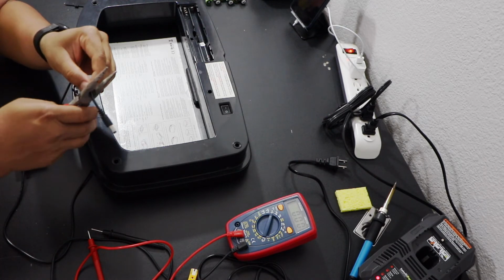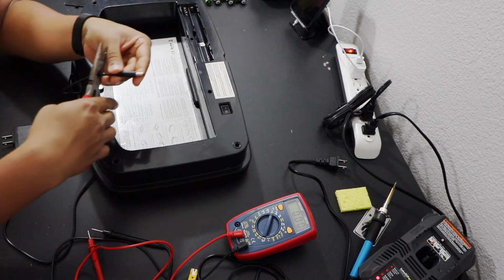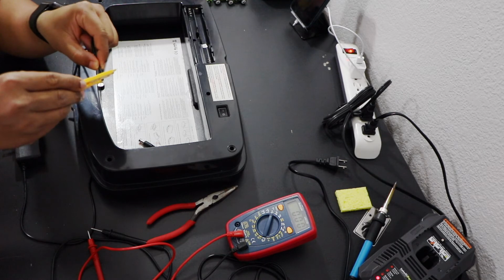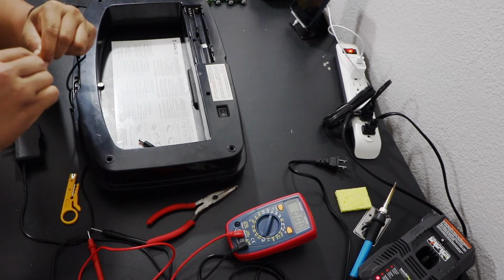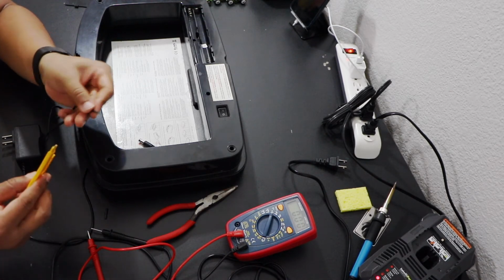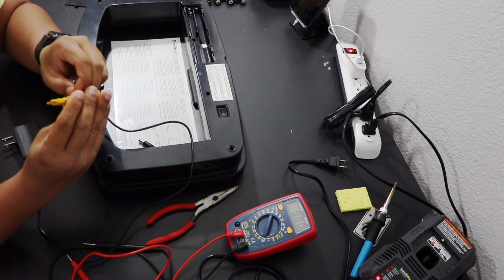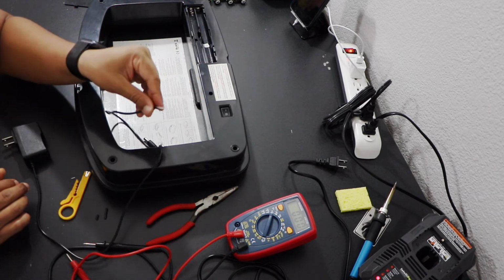So I'm going to remove like 1 inch from the end to remove that socket. We'll get the wire jacket out. It is going to expose these 2 wires, and then what I'm going to do is get some conductor out of this wire. Okay, so now I have exposed the wires,